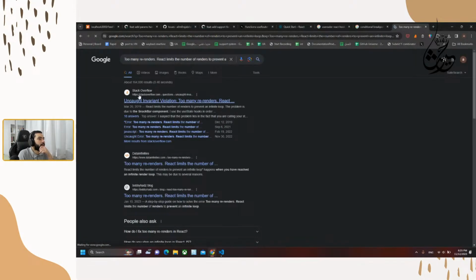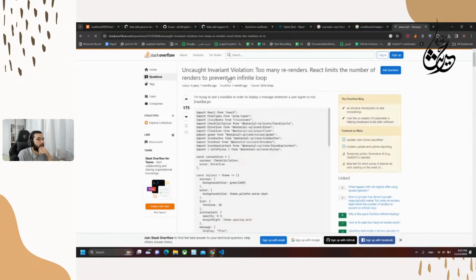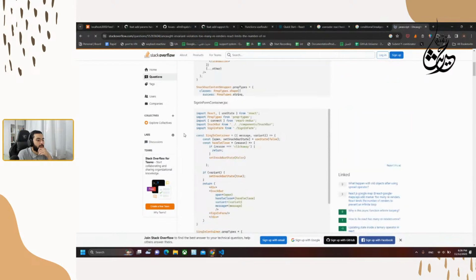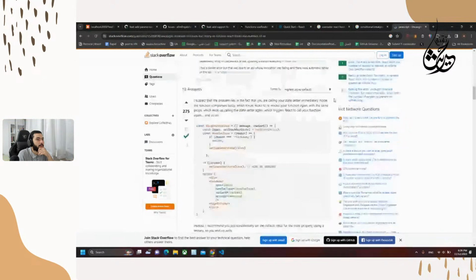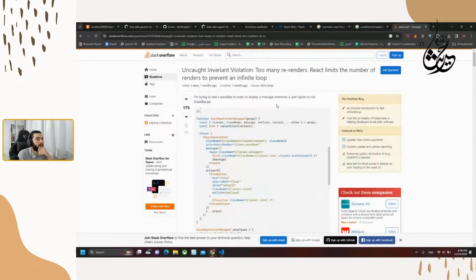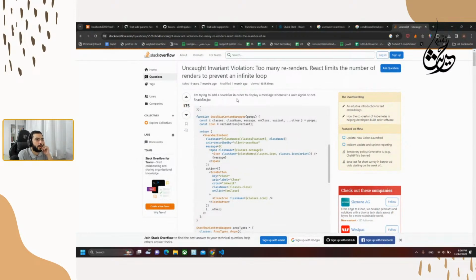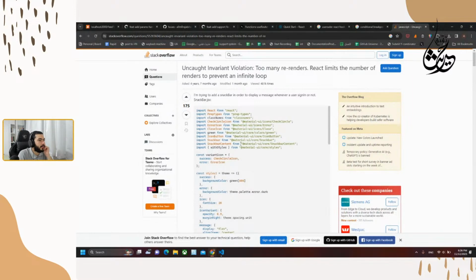Let's check that. And in Stack Overflow, they are saying, okay, let's go and check the code here. So he has a snack bar to display a message whenever the user signs in, and here is their code.